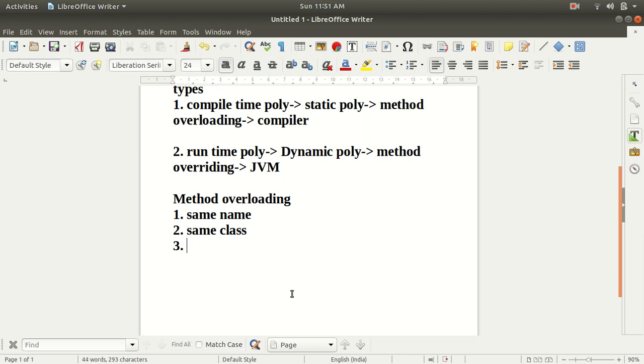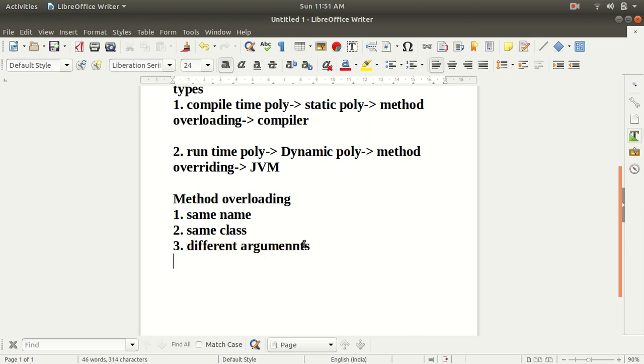It means the methods must not have the same arguments. So these are the three rules to follow to achieve method overloading. I am repeating again: all the methods must have the same name, all the methods should be present inside the same class, and all the methods must have different arguments.